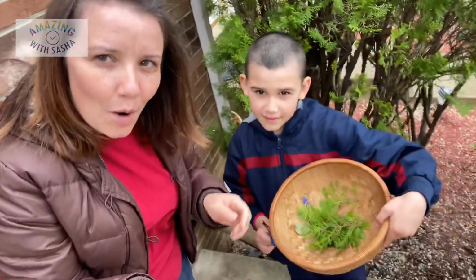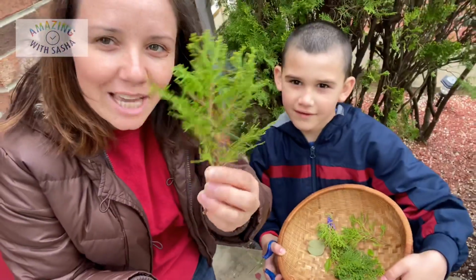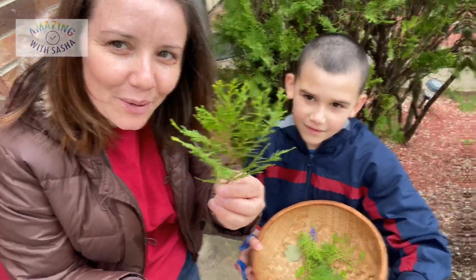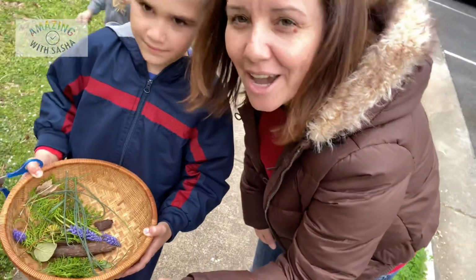So instead, if you don't have a brush, you can make a nature tool. And let's show a nature tool. For example, this can be your nature tool. Yes, a nature tool. And we're gonna go look for some flowers because Joseph wants to do a collage. So you can go ahead and collect a lot of things from outside and create a